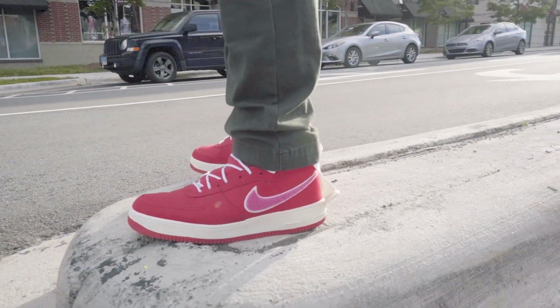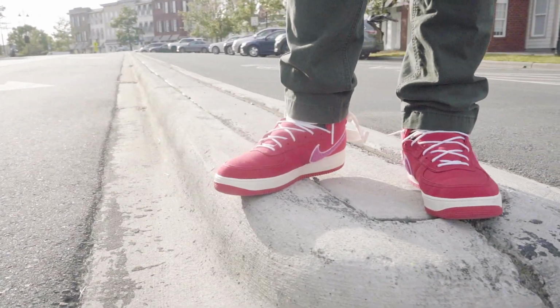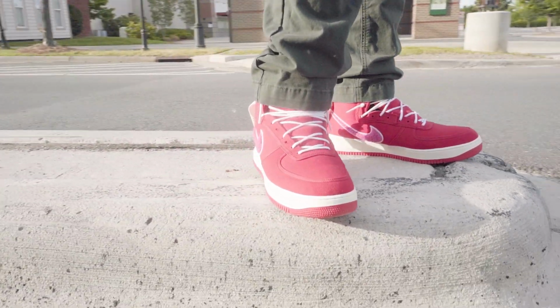You can't really go wrong with a pair of Forces. I understand these are probably a little loud for some people, and they're even a little loud for me, but I like taking chances with shoes. But if you get the classic all whites or the all blacks, you're not going to go wrong. It's going to be a comfortable shoe. Once you let it break in, it's going to do what it does. The Air Force Ones have been around for ages, and they've been around for ages for a reason. You can't really